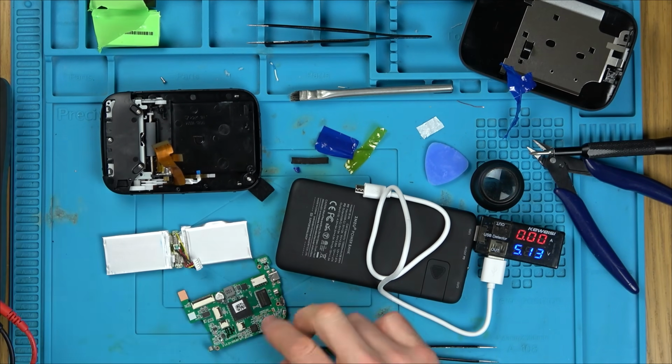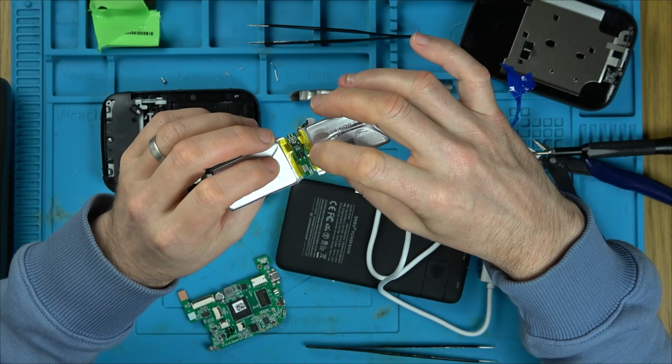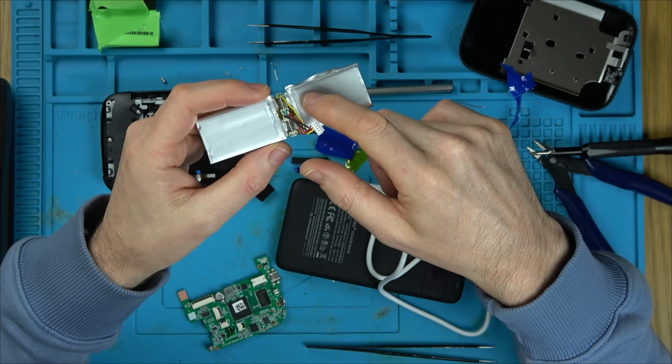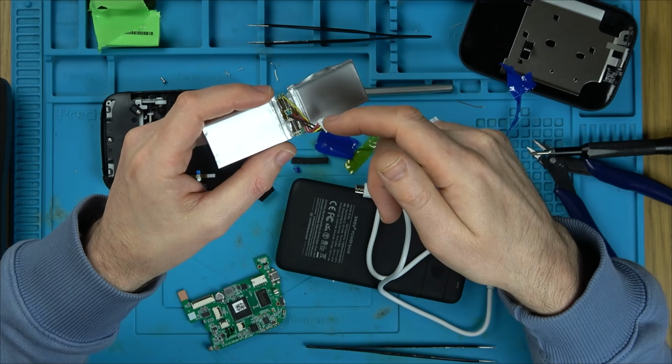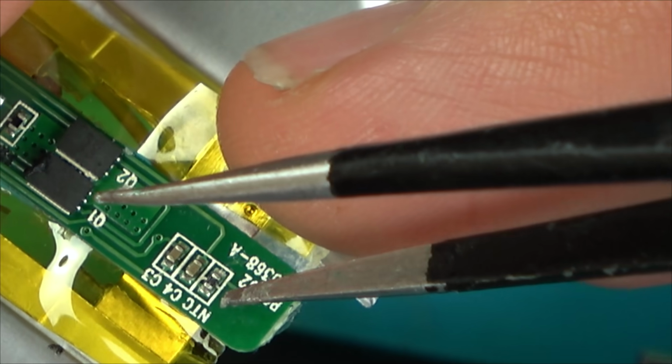But you see, we've got a little sort of battery management board here. So we've got 5 wires. The 2 reds are connected together on the same solder joint. The 2 blacks are connected together. So really we've only got 3 wires, positive, negative, and this yellow wire. It's like a temperature wire. You will see that from this point here, it goes through the board to here, little wire to here,